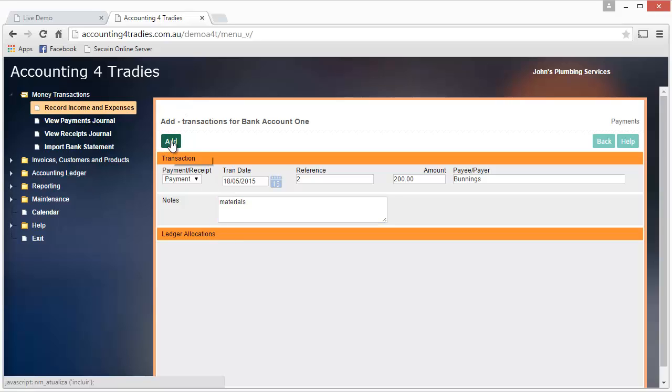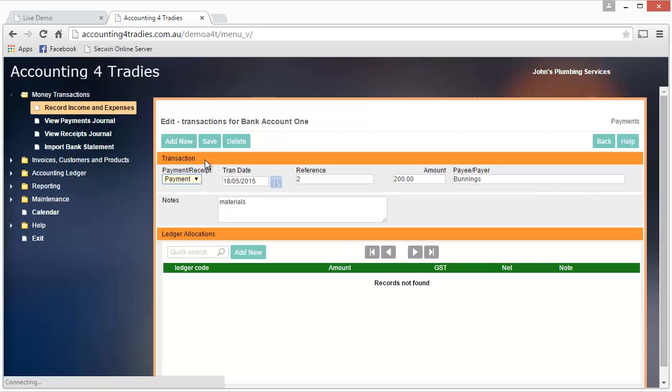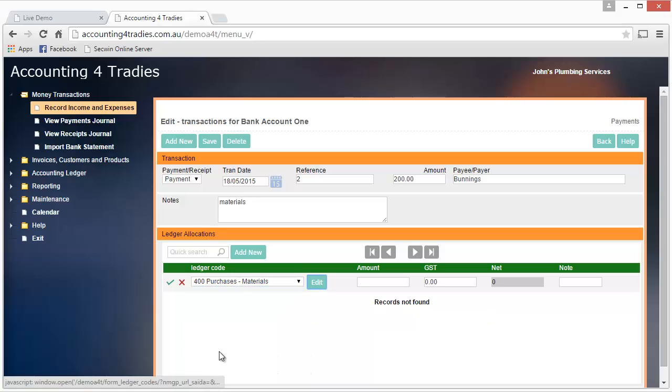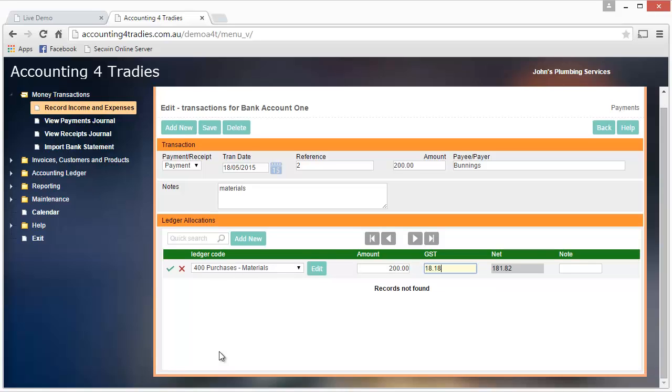We need to save the primary record, or the parent record, which we've now done, and now we can do the general ledger allocations. So we select the ledger account, it was materials, and we tab across, put in $200, and now we need to save the record, or you can cancel it by clicking on the red X. But in this case, we'll save the record,